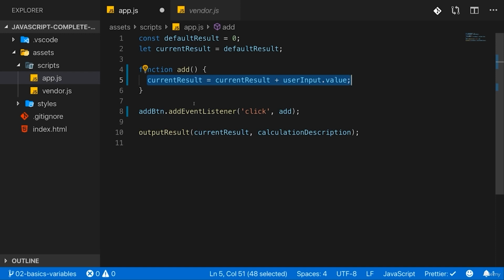And this might sound totally arbitrary right now. You'll get a feeling for this throughout the course, promised. This is something which gets clearer the more you work with JavaScript. In the end, you just want to write clear functions which might work with global constants and variables, but which